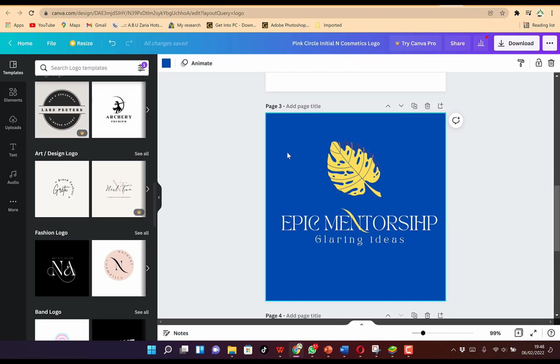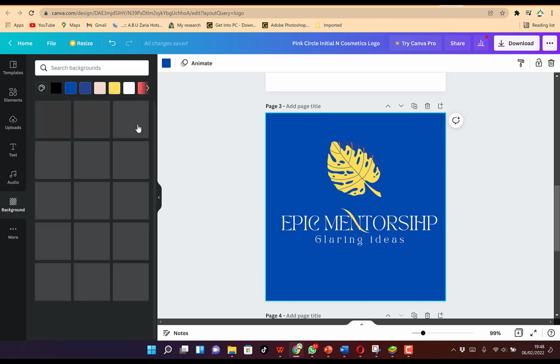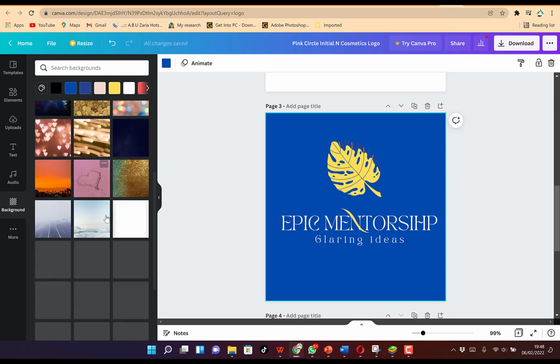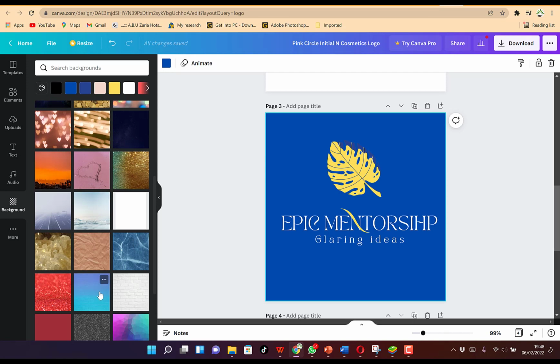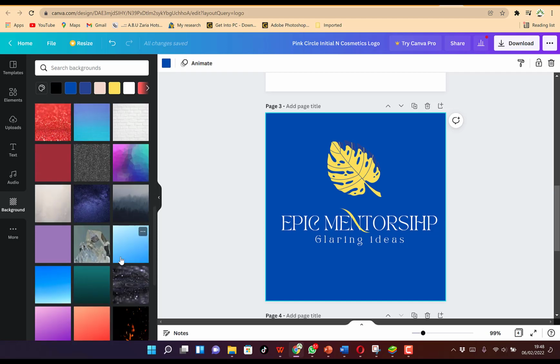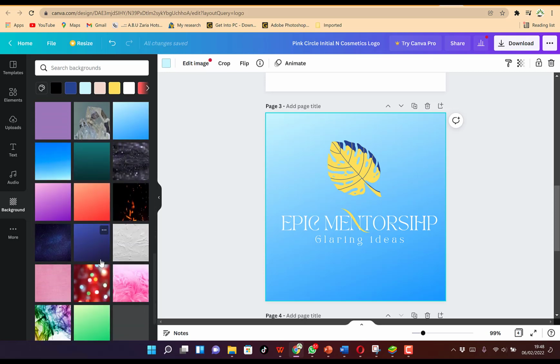If you want to change the background color, you can come to these three dots, and you can see background over here. You just click on this, and you can see multiple backgrounds. Depending on what color you want to target, you can easily apply any kind of background to your content. So for example, let's say we are going with something like this, and you can see everything changed. If you want to go with something like this one,